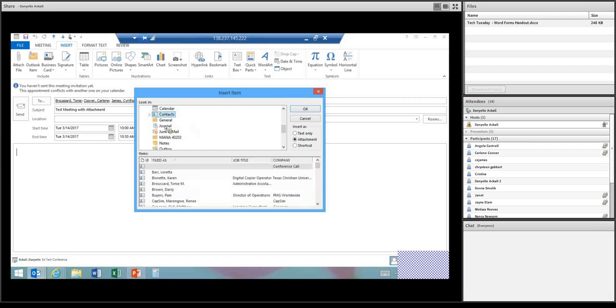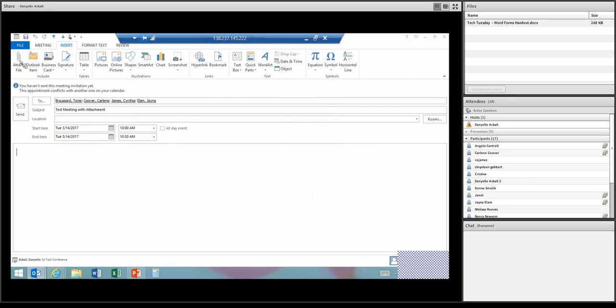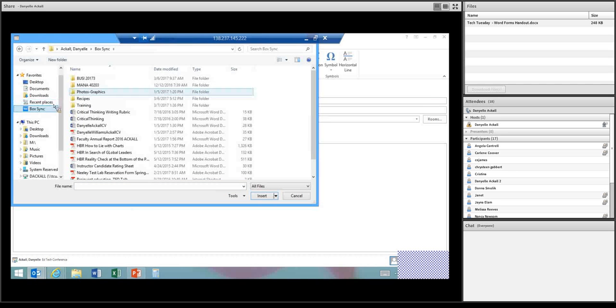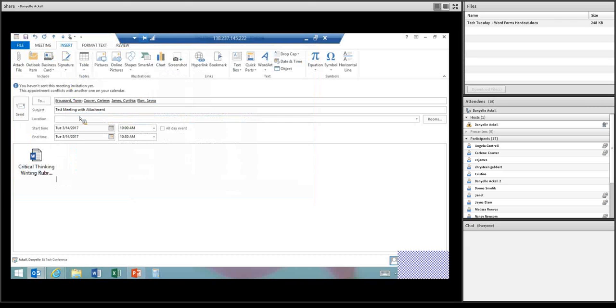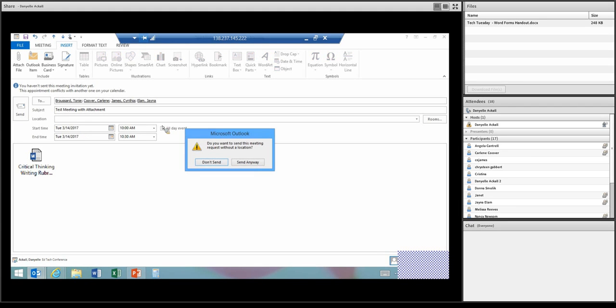But it's really handy that I could actually attach, so there's Tony's contact. I could attach each of their contact cards here. That way I could share it with everyone in the meeting. I like attaching agendas. It is so very handy to have an agenda attached. I'm going to send you a writing rubric and pretend it's an agenda. When I send this meeting request out to each of these ladies on Tuesday the 14th, when they accept it